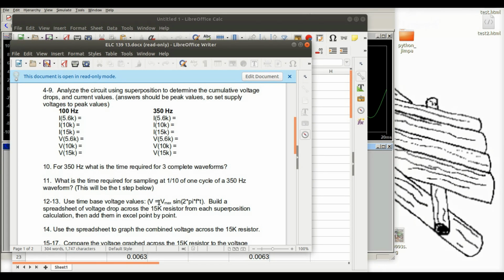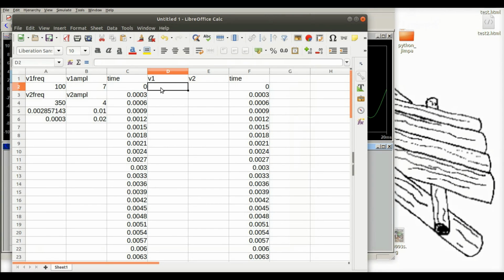So my amplitude, my frequency, and my time are what I need. And I've got my amplitude, my frequency, and my time. So I can go over here, and there's my amplitude. So I can say equals my amplitude. I'm going to do an absolute reference. So it's going to be $B$2